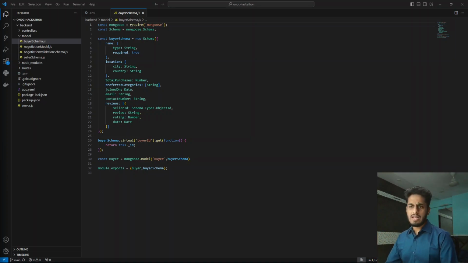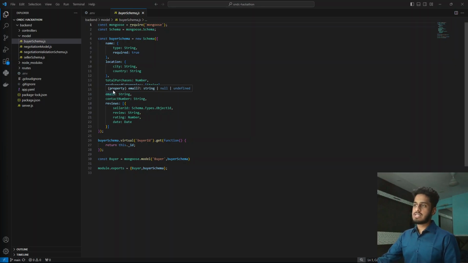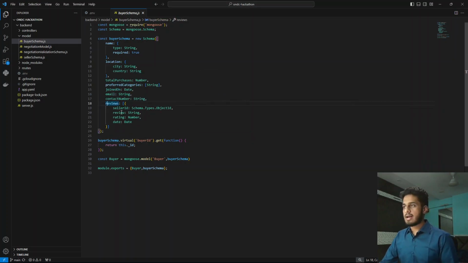So let me start off by explaining the buyer model. It's a schema. So buyer name will be there, location from where they are going to buy, their preferred categories, total purchases. Now, the total purchases and reviews, these two details are for sellers to see if the buyer is genuine or not. And if total purchases is a lot and the reviews show no red flags, then it means the buyer is quite